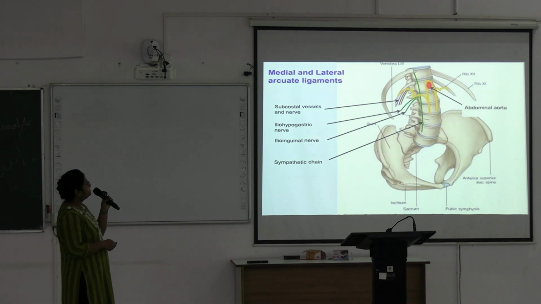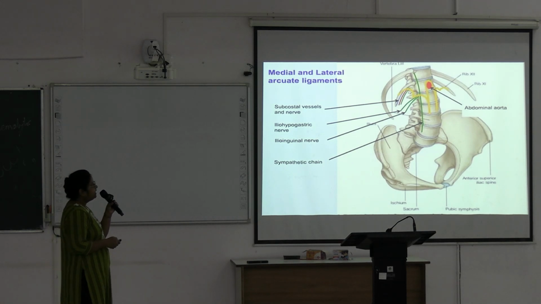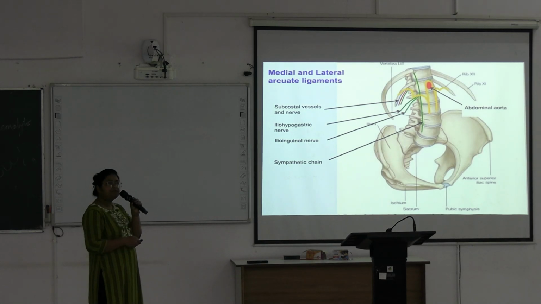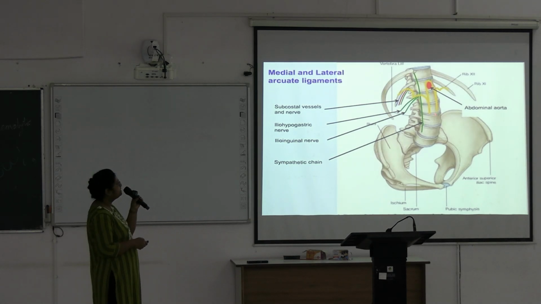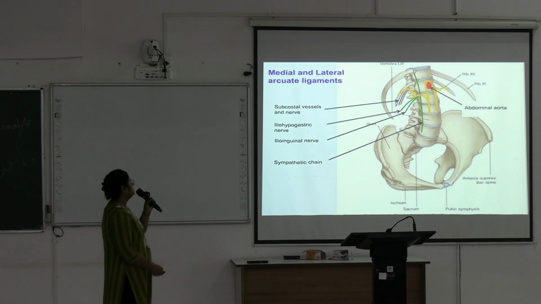Both this iliohypogastric and ilioinguinal nerve enter just deep to this medial arcuate ligament, and the sympathetic chain also passes deep to this medial arcuate ligament, and deep to the median arcuate ligament lies the aortic opening of the diaphragm, through it passes the abdominal aorta. Okay, thoracic aorta becomes abdominal aorta from this aortic opening. Next,